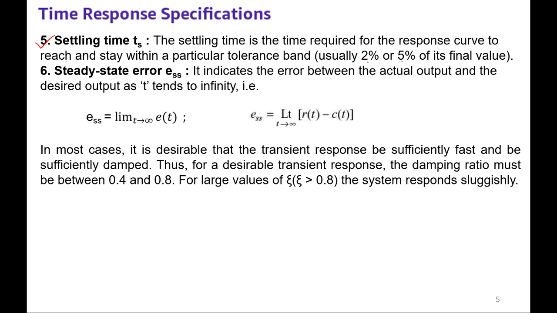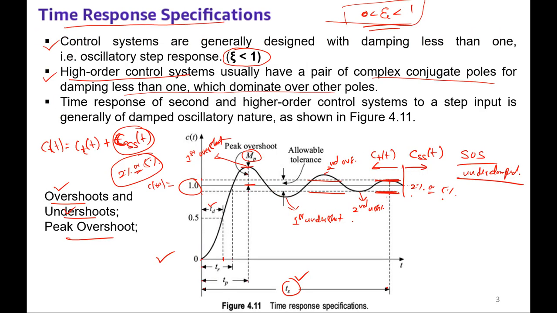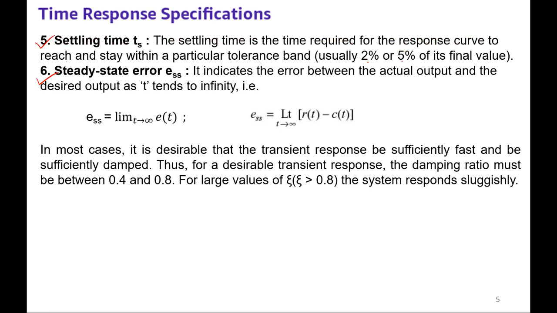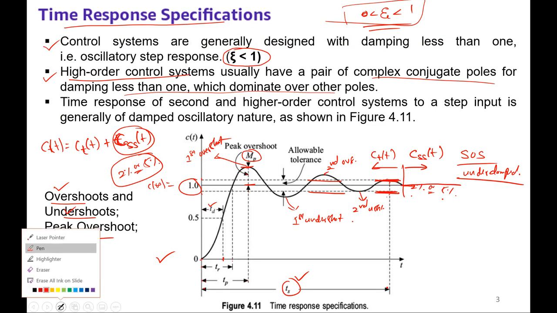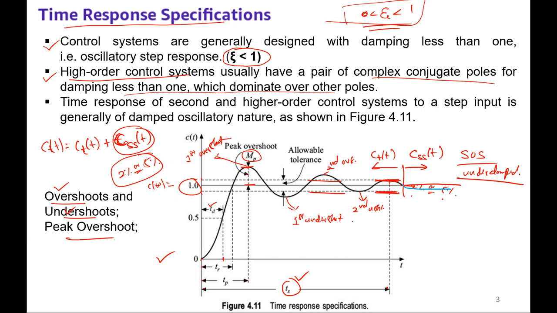Then steady state error, Ess. It is not shown in the diagram, but we know what is steady state error. Observe here. Yes, this is the actual desired value, unit step input. Let me change the ink color. If the response at time t equal to infinity does not achieve this, let me assume that this is the desired output, and if this is the actual one, then there is a steady state